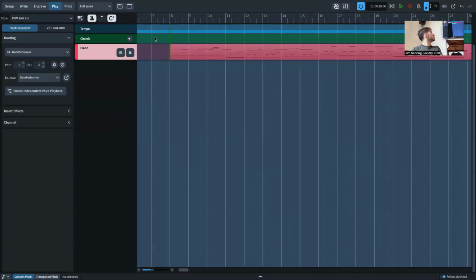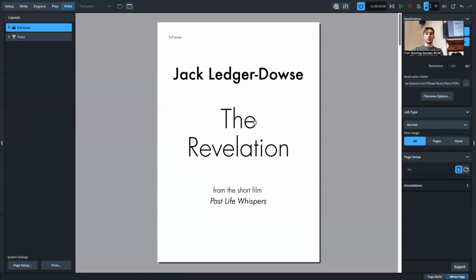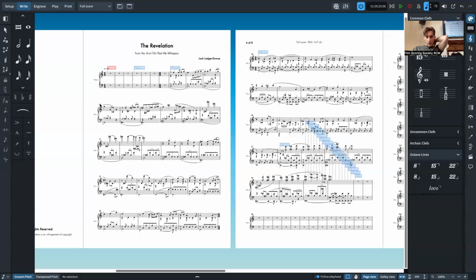So the play mode sometimes can be useful if you just want to see the MIDI, just to see what it looks like visually. But other than that, I barely use it. And print is obviously just if you want to print it out. Okay, so